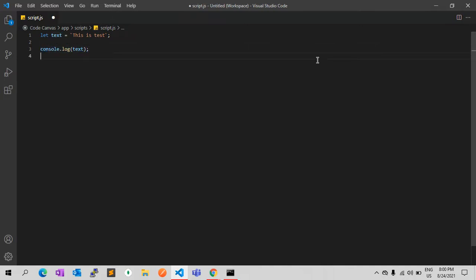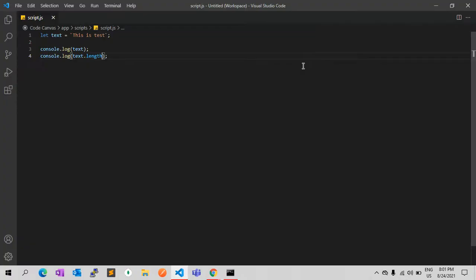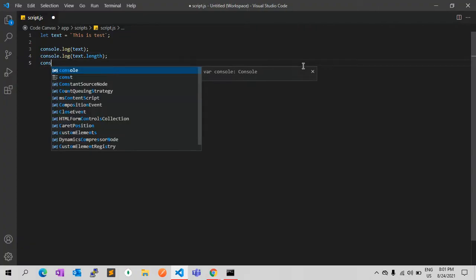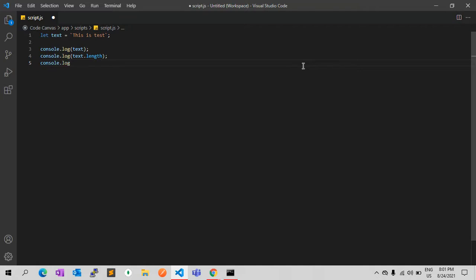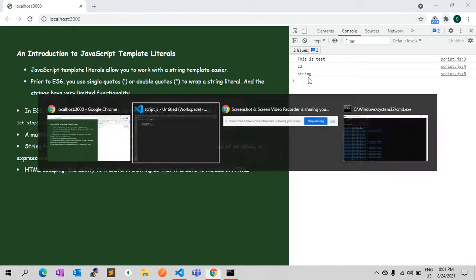Let me show you another example. You can check the length as well. The type of will be a string. By using the backticks, you can freely use single or double quotes in the template literals without escaping.